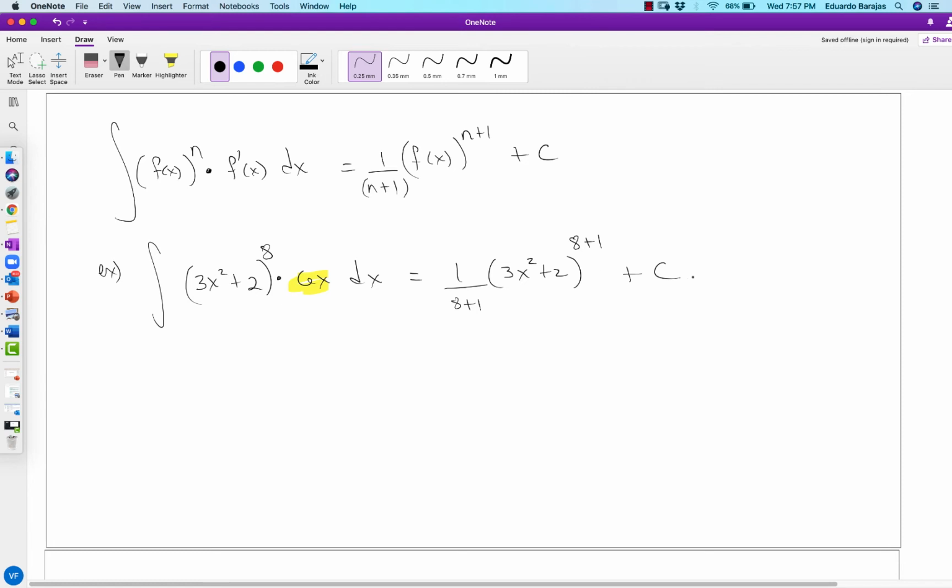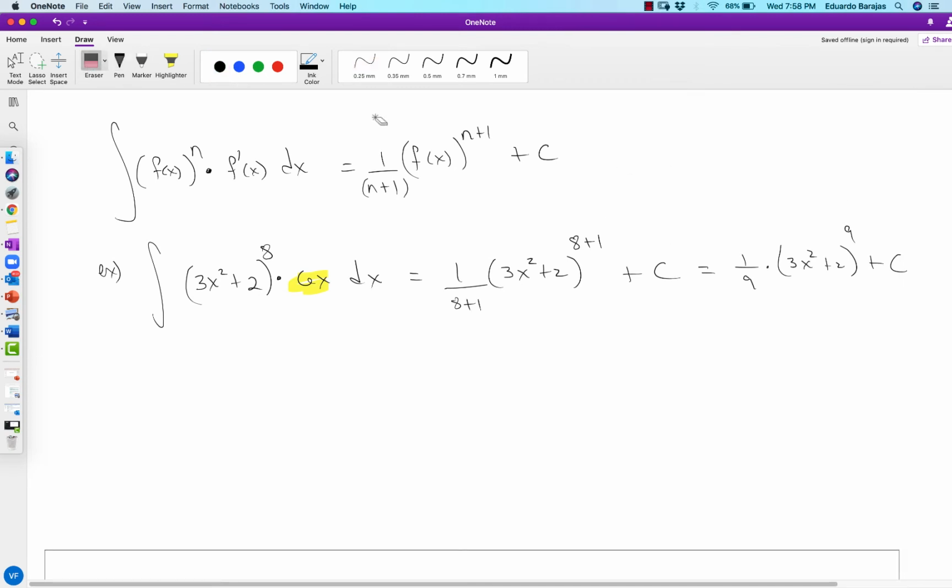So this is power of 9. Let's rewrite this as 1 over 9 times (3x squared plus 2) raised to the power of 9 plus some constant. Okay, let's check it. If it works, if it's true, it must be the case that the derivative of this equals to that. So the derivative with respect to x of 1/9 (3x squared plus 2) raised to the 9th